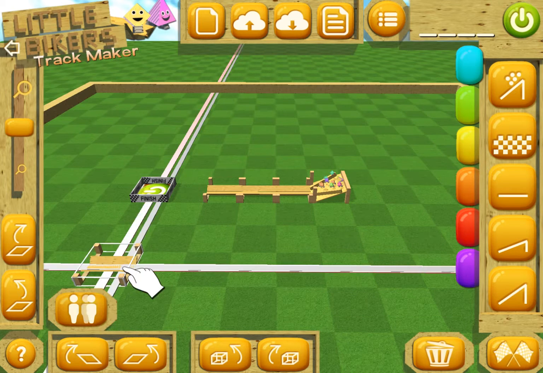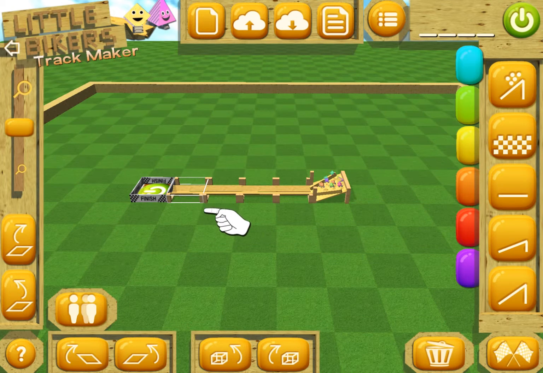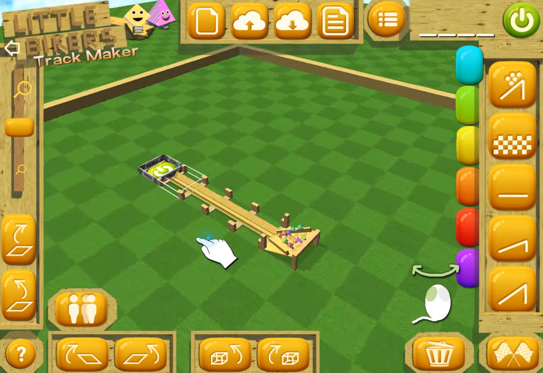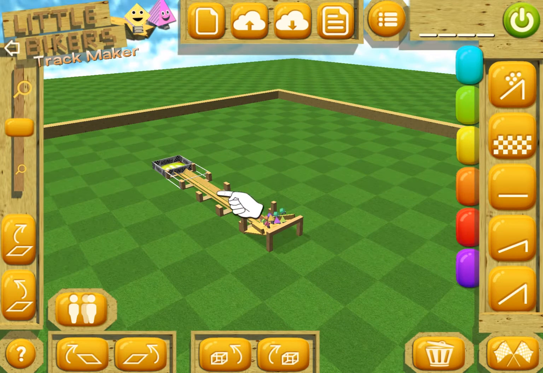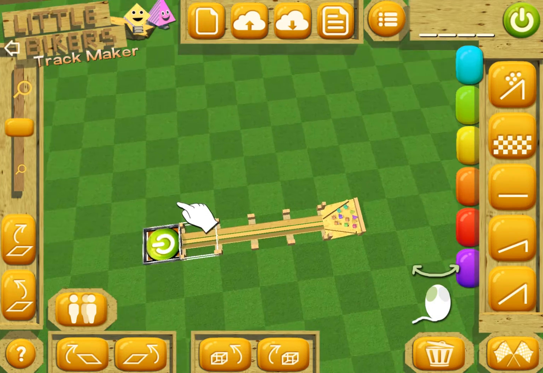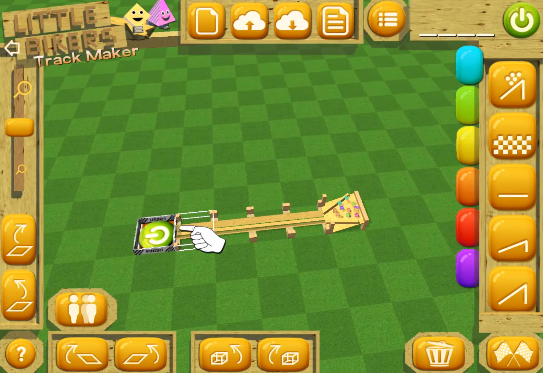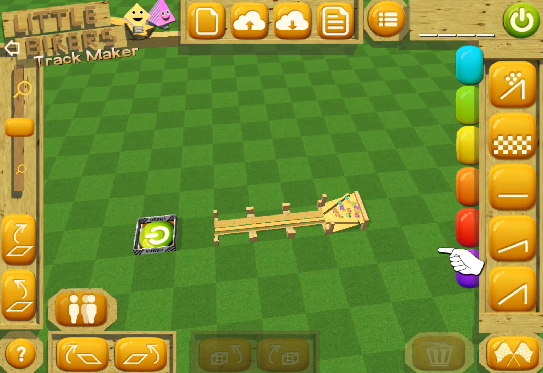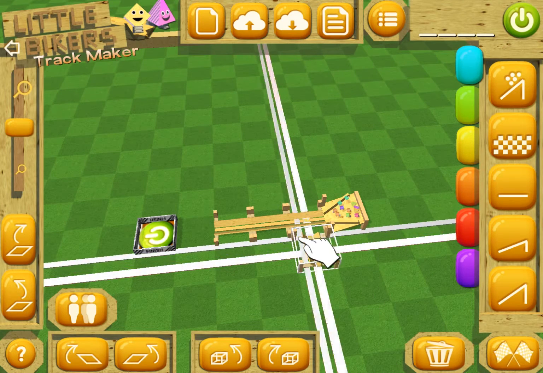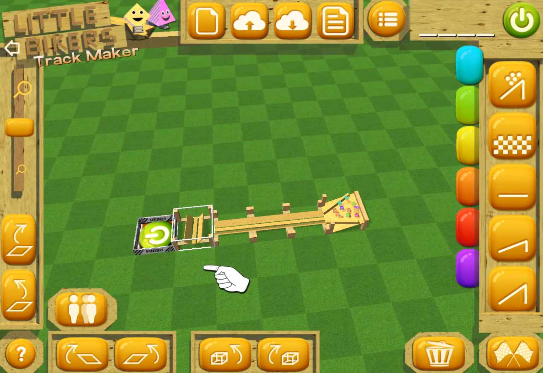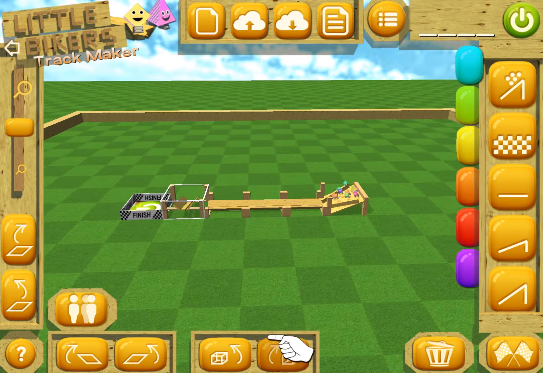Well, if I make the track like this, you can see everybody will still hit the finish bin. So this one should go up. So let's remove it by hitting the rubbish bin, and let's insert a slope. So to turn the slope, I hit the L button, turn it right,